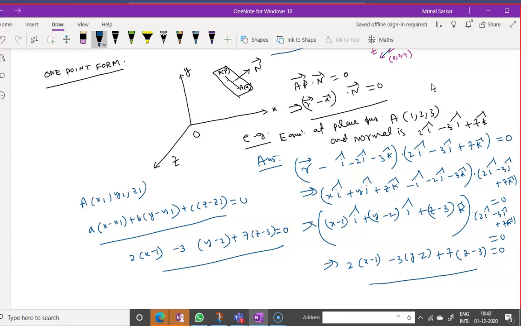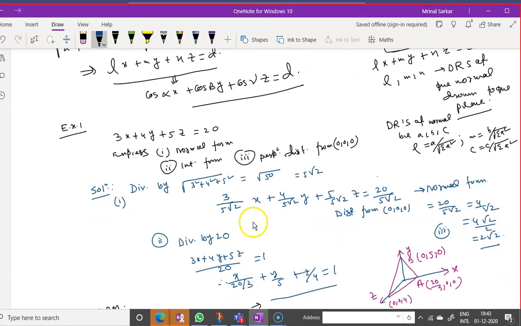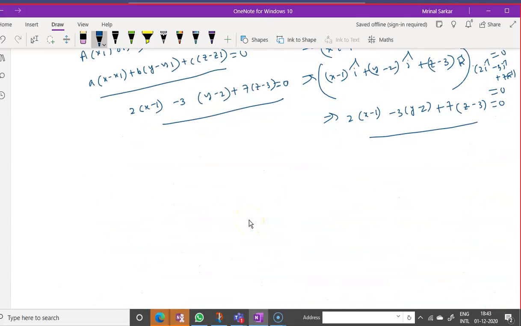These are the basic plane equations which you always have to keep in your mind: the plane can be written in normal form, both scalar and vector. The plane can be written in terms of a point in it. The plane can have an expression in intercept form. And now we are going to do